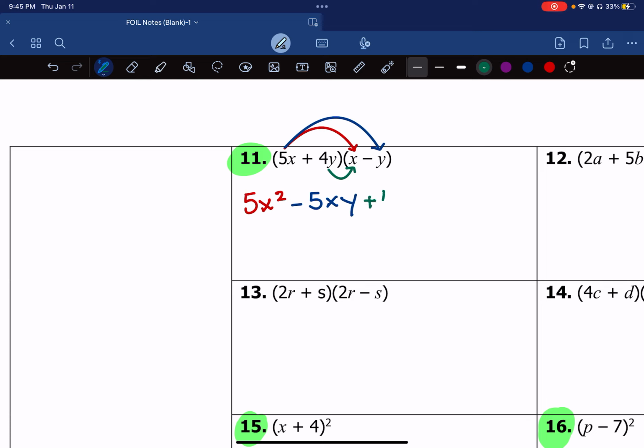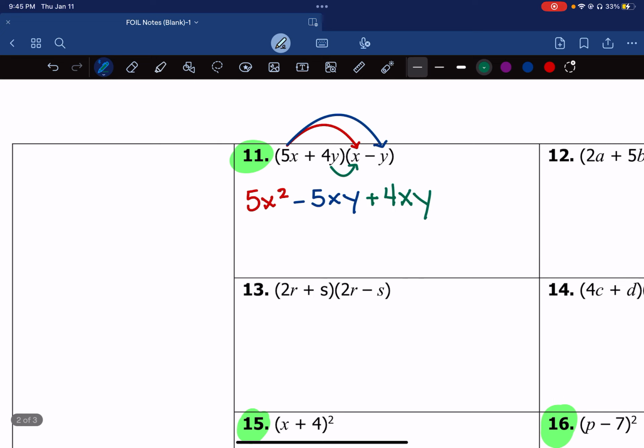But remember, we've been talking a lot about standard form, so we need to actually make that into alphabetical order. So we're making it plus 4xy. Now it looks like they're like terms in our head, all right? And then we're doing